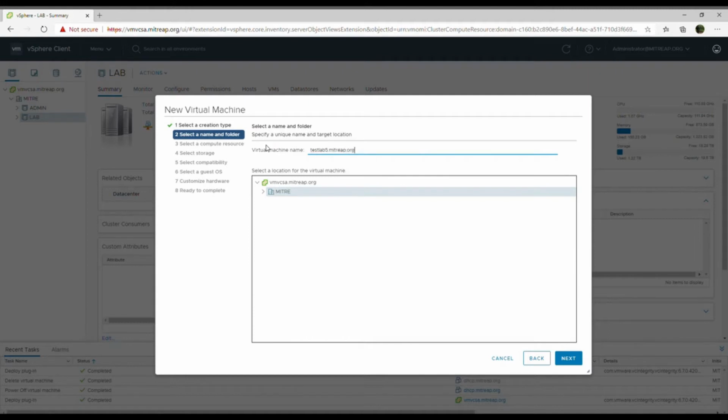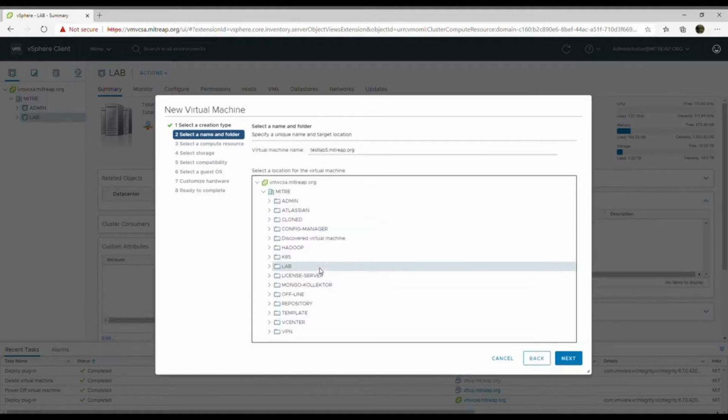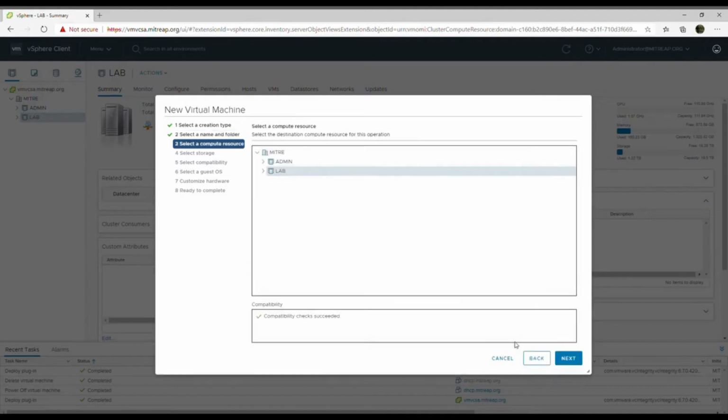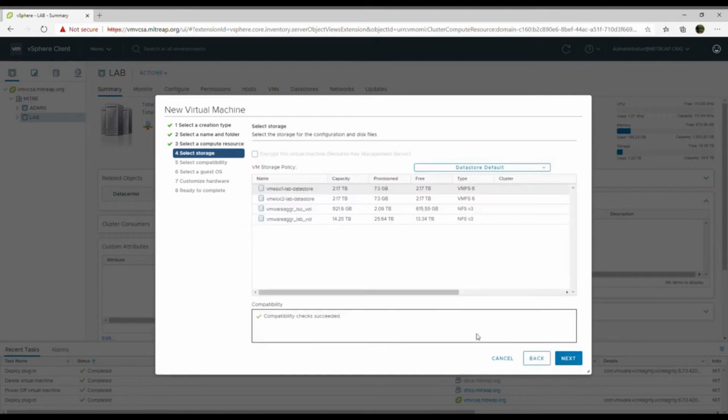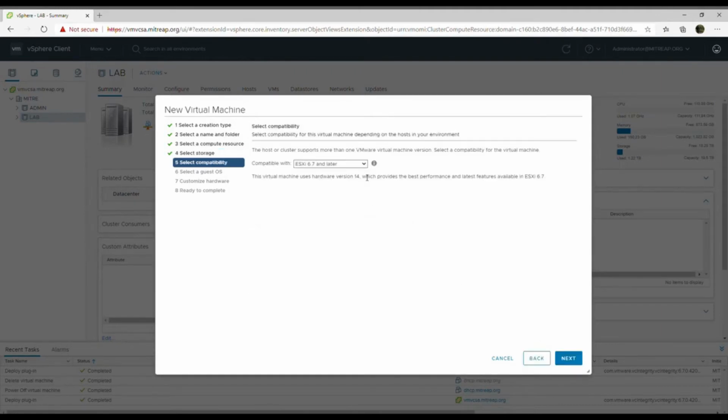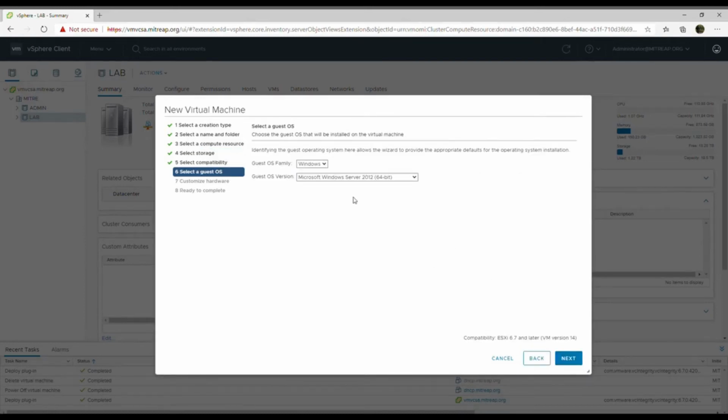Your domain, and then choose the folder where you want to install it on the lab, and then choose the cluster, and then choose the storage where you want to store the data for your new VM, and then 6.7, and then choose the OS type that you want to install. So let's choose CentOS 8,